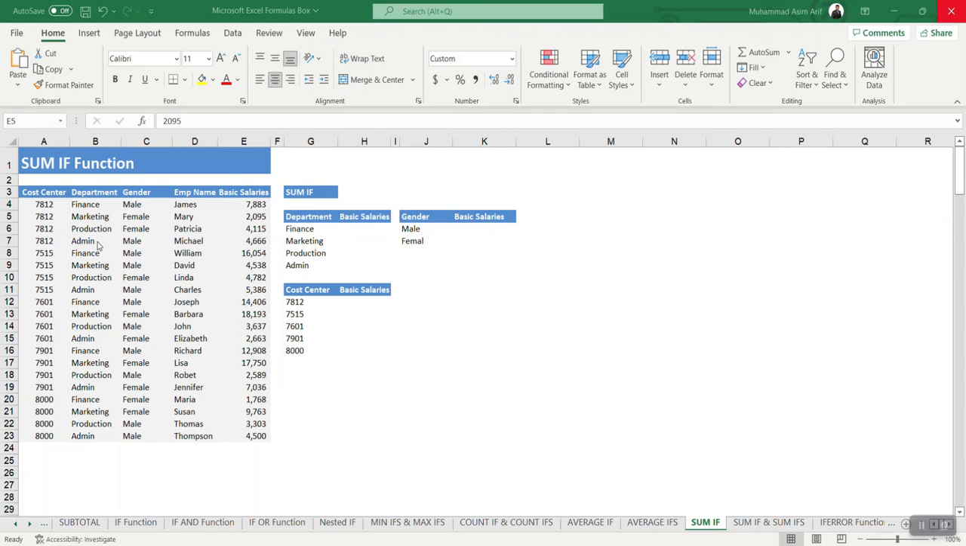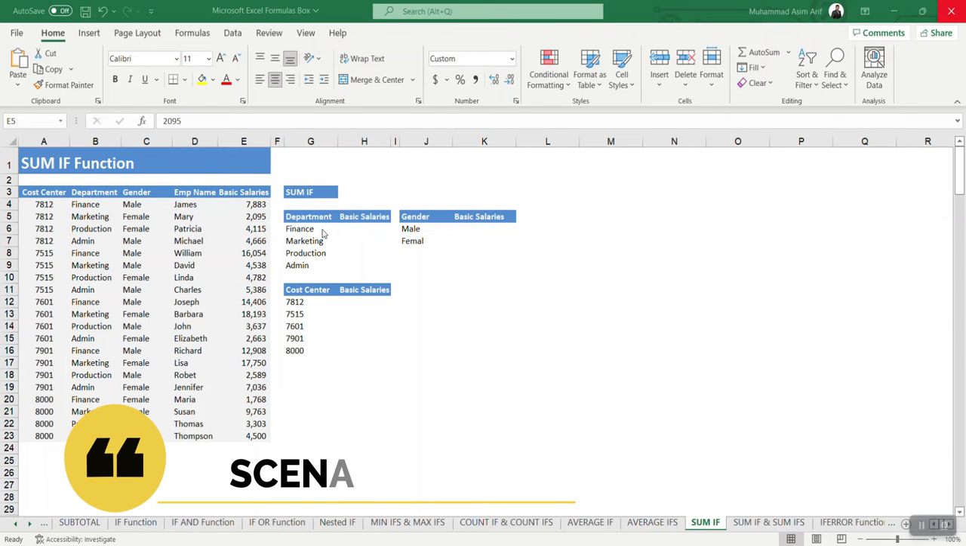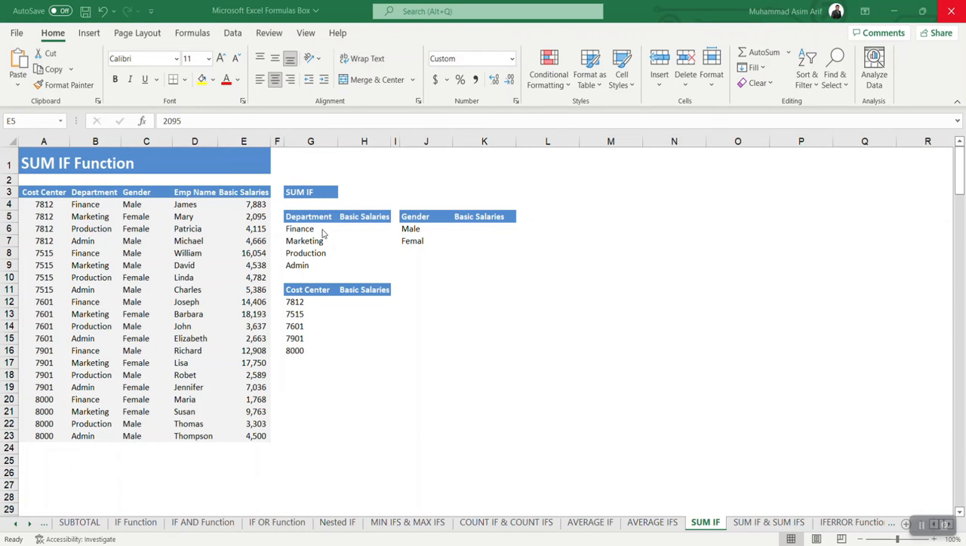In our database, we have cost center, department, gender, employee name, and their basic salaries. So in my first scenario, I want to calculate the basic salaries. I want to sum the basic salaries department wise. Here I have the one criteria, so I will use here SUMIF function